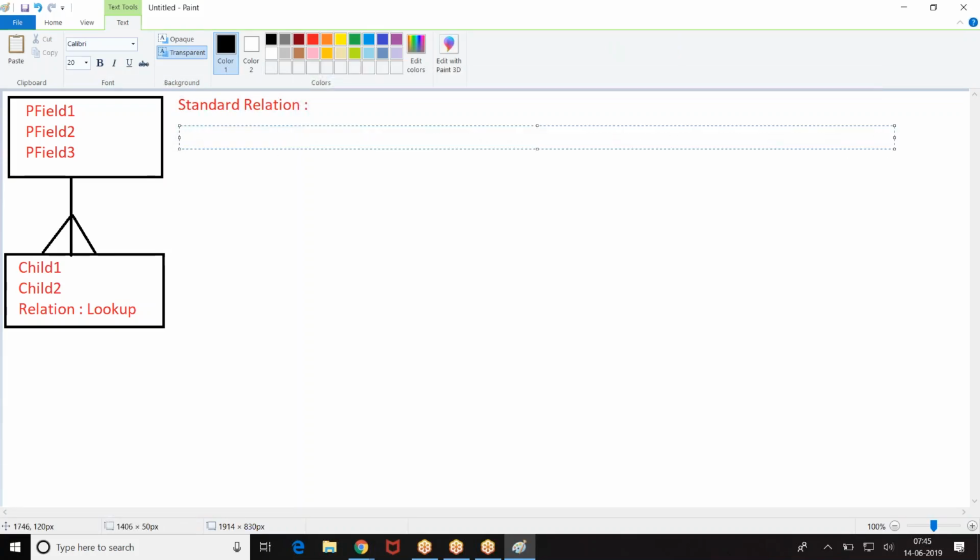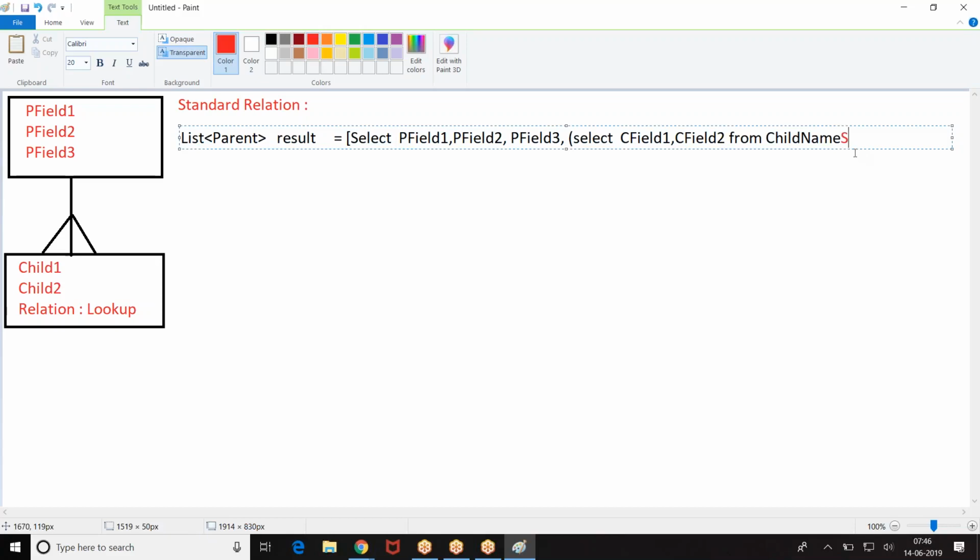When I say fetch all the parent records with the corresponding child records, the list of parent result equals select list of parent field 1, the fields of parent, comma, select from childs, whatever the child object name is.